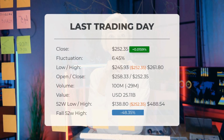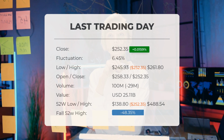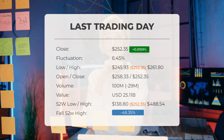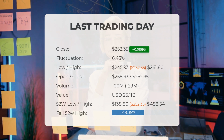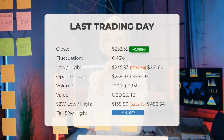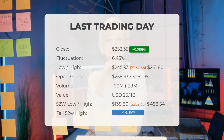Our latest daily update for Tesla includes the headline: Tesla stock price ended at $252.35 on Monday, after gaining a slight increase of 0.0159%. The Tesla stock price gained 0.0159% on the last trading day, which was Monday, the 14th of April, 2025. The price rose from $252.31 to